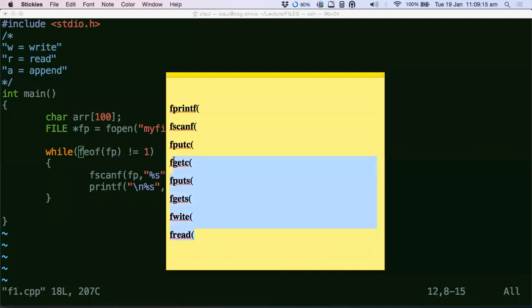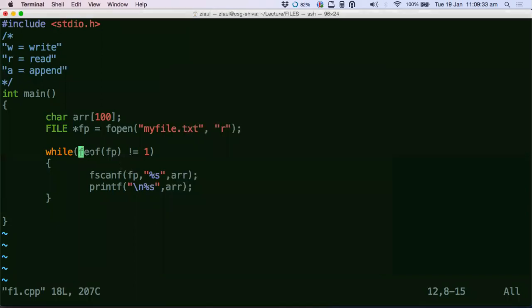So there is this list of functions which you can use, which do similar things. You can just read the syntax of these functions from the book. I just explained fprintf and fscanf. So this is the standard loop which you always end up using: while feof, and do some file operations inside the loop till you reach the end of the file.